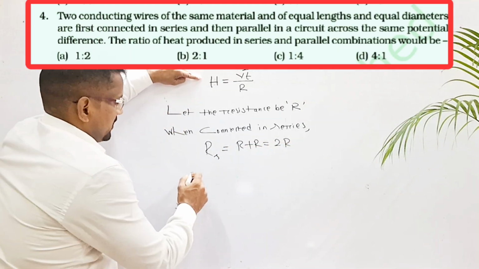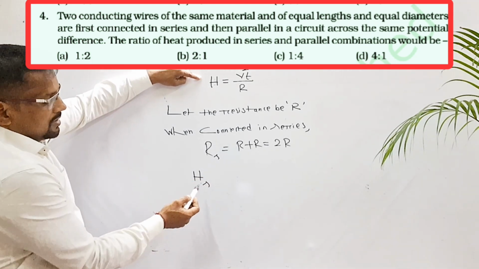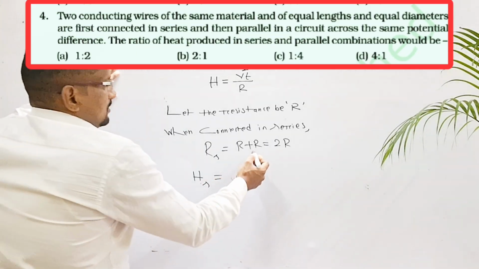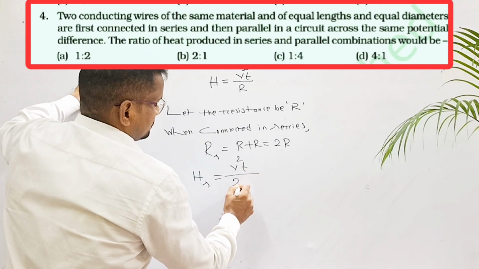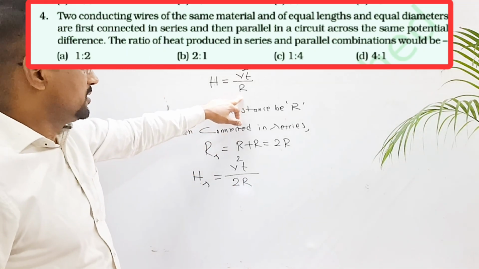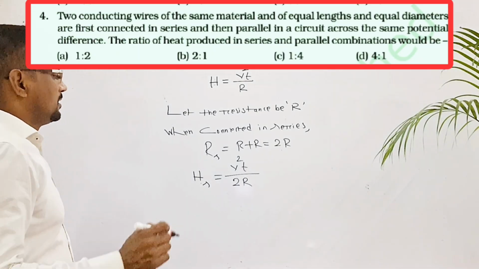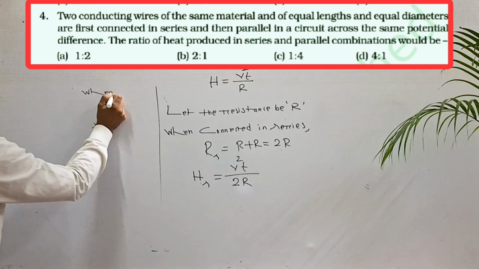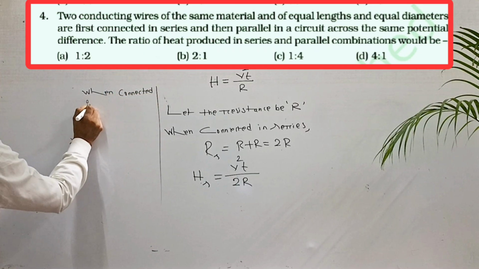So heat produced when they are connected in series, for clarity I have given S here in suffix. So that's equal to V square T by twice R. This is twice R because it is the total resistance. In this case, total resistance is twice R, so simply it is twice R. Second time, when connected in parallel,